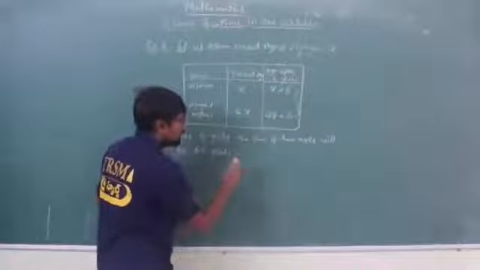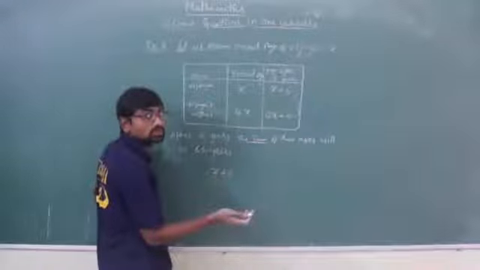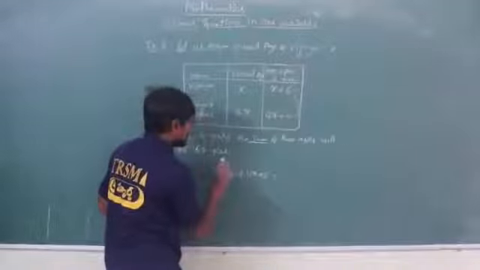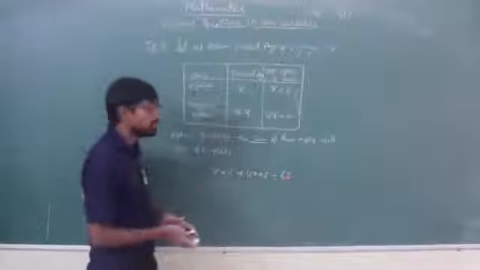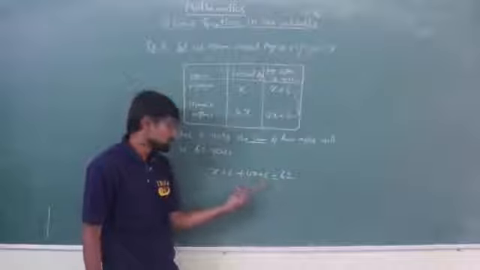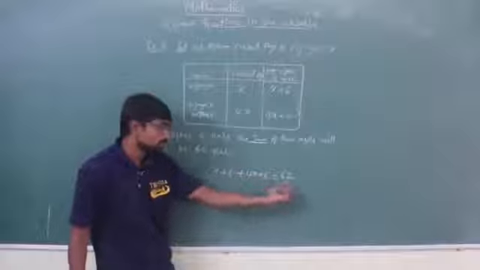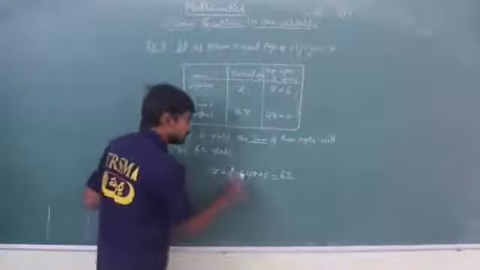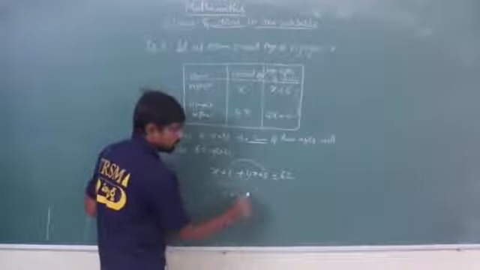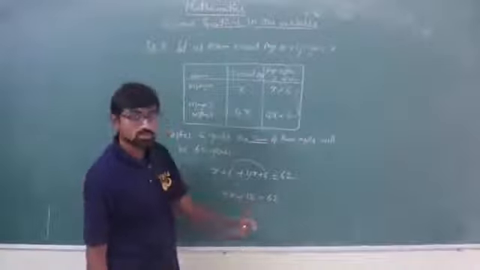So after 6 years their ages are x plus 6. Here he used the word sum, so as he used the sum, we have to add. So plus 4x plus 6 is equal to 62. Hope you all understood, isn't it? On adding their ages after 6 years, I will be getting 62. Now like terms I have to add: 4x plus x, 5x, plus 6 plus 6, 12 is equal to 62. Isn't it? 5x plus 12 is equal to 62.